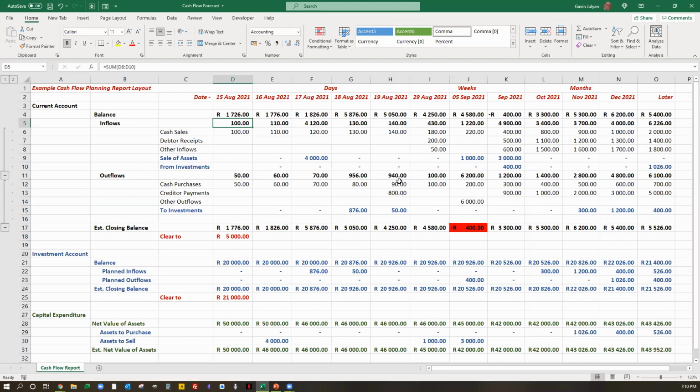I'm not going to carry on with this. It's fairly obvious. There's a lot of mathematics. There's an awful lot of formulas here. But what's happening is the following. Yes, we're controlling our current account, but when it reaches a certain limit, we're moving money into our safety belt, our investment account. Now, our investment account's job is to make sure that it is about 3 times bigger than our outflows on a monthly basis, so that if we have a bad month, we're covered for 3 months.